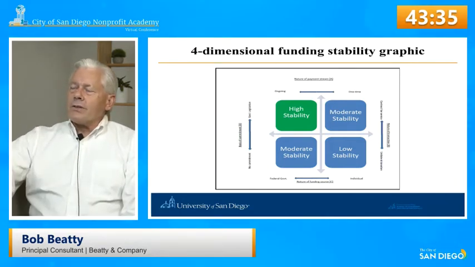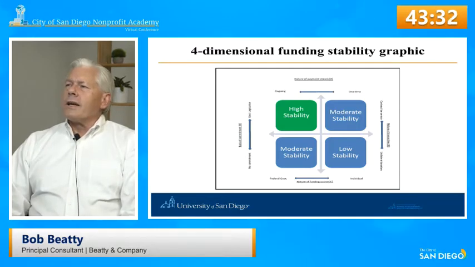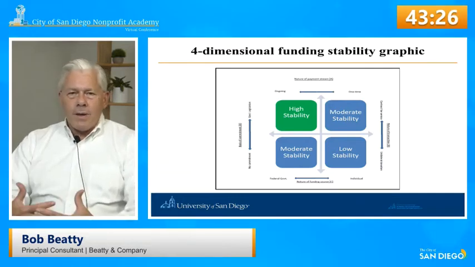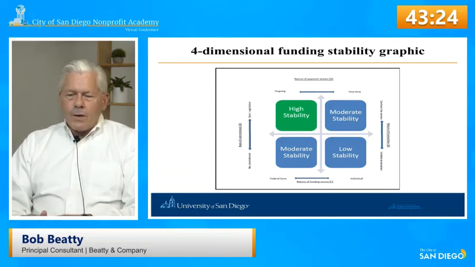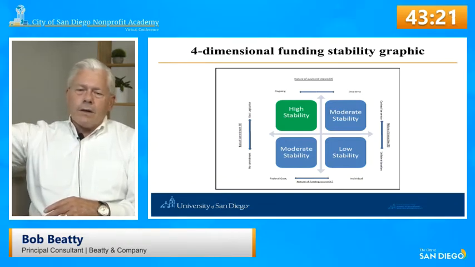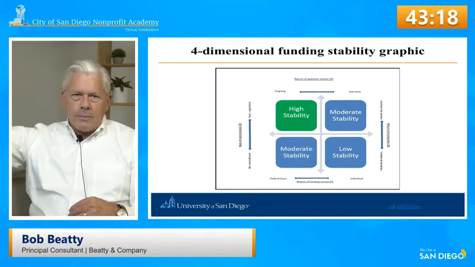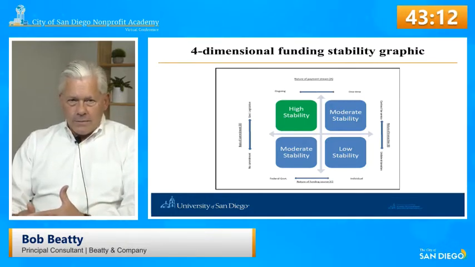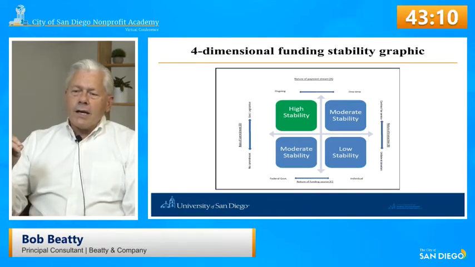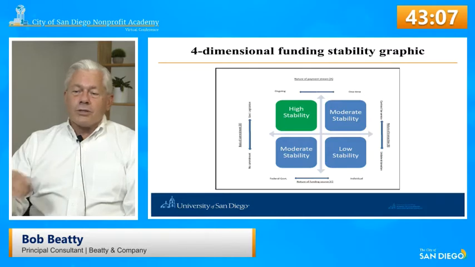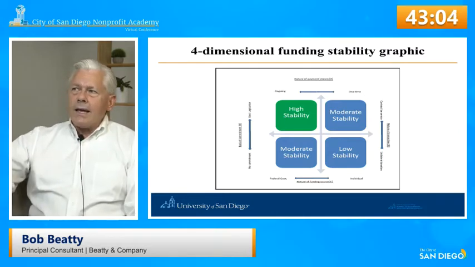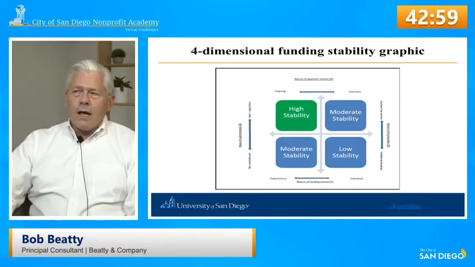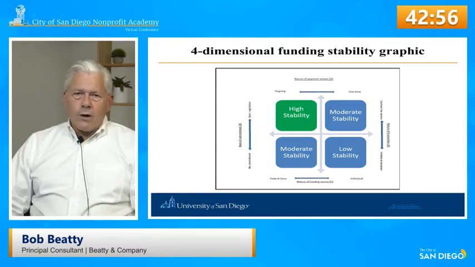Then the fourth dimension is on the left, which is the risk of the commitment, right? Or where's that coming from? Is there any commitment in this funding at all? Or is it in federal government legislation, if you take the very top, to have that funding go away is pretty unlikely, just the fact of changing the legislation in any way is pretty difficult. You know what that funding is going to be for the next 3 to 5 years usually, versus if there's no commitment, it could go away tomorrow.